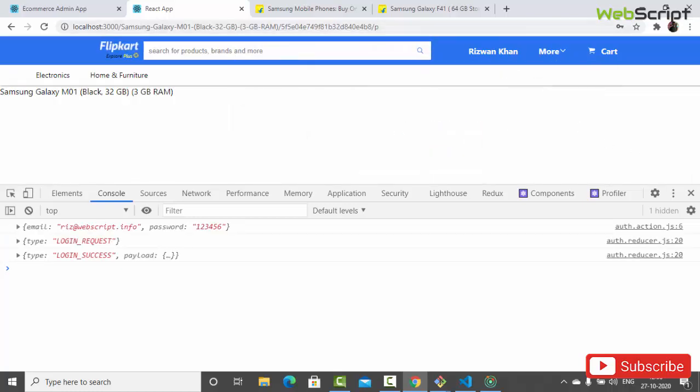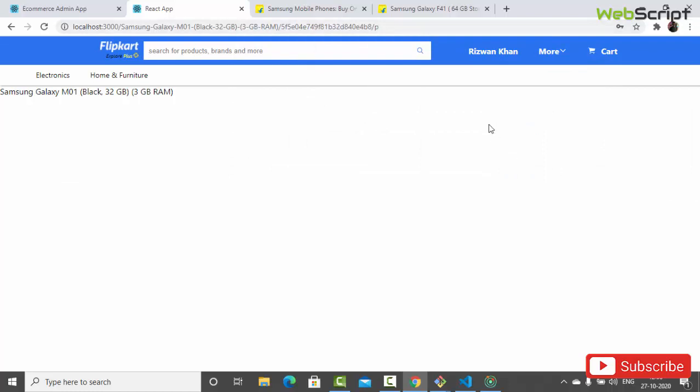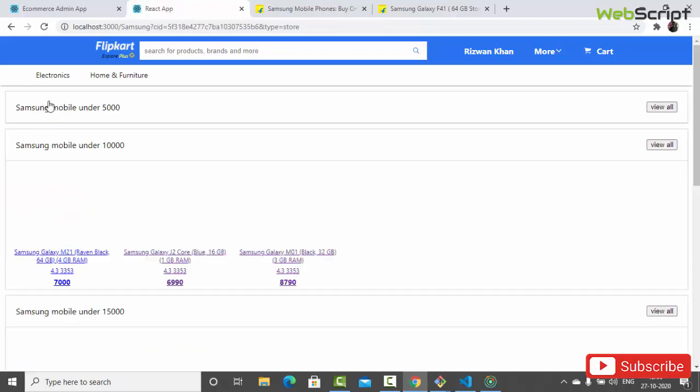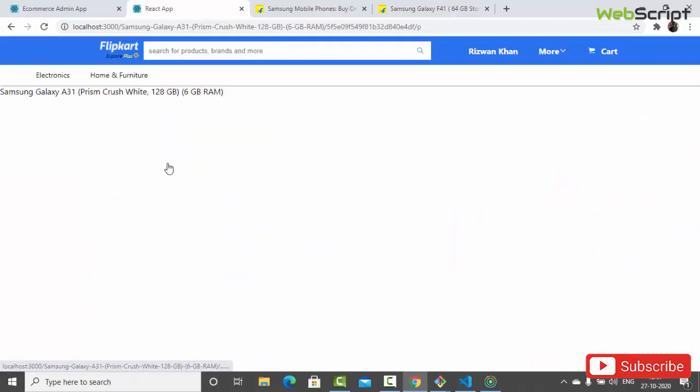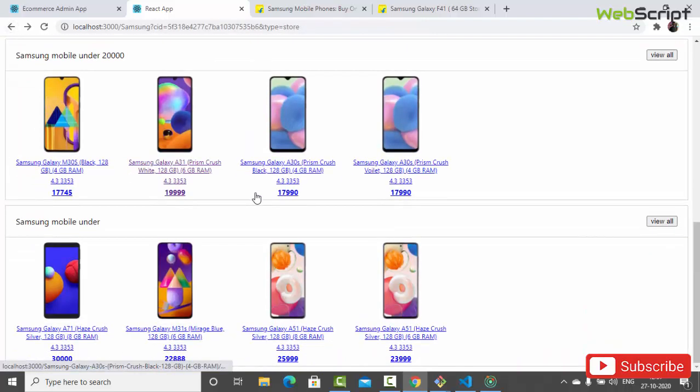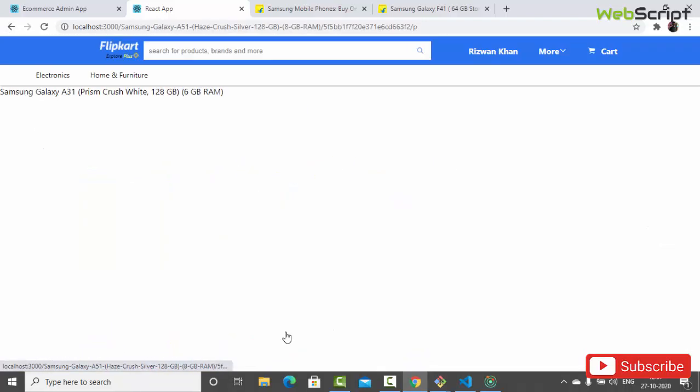I have got my details, all the required details, as well as Samsung Galaxy M10. Let's go to the other products. Okay, let's go to this Samsung Galaxy A31 Prism, 128GB, 6GB RAM. Let's go back and see the other one, Samsung Galaxy A51. So it's a Samsung Galaxy A51. All are coming